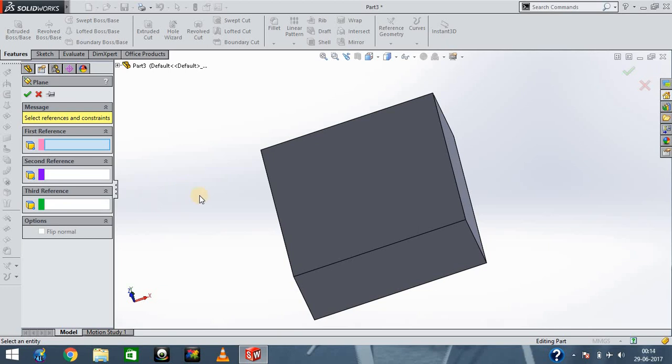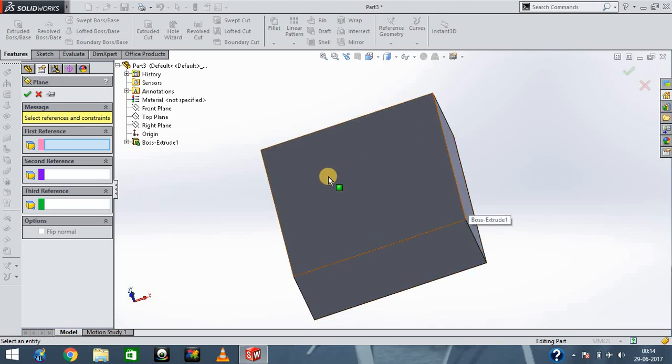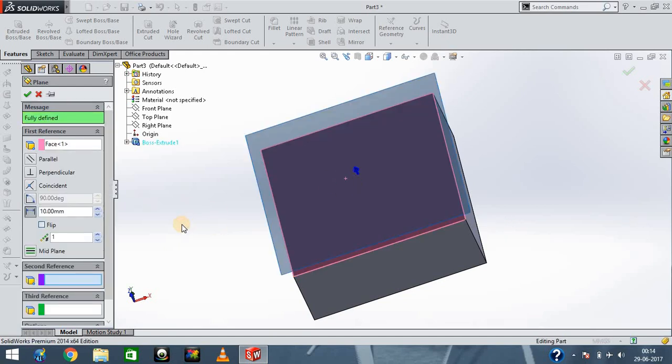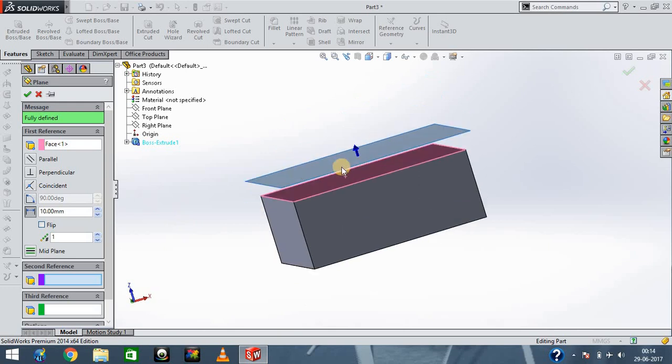In SolidWorks there are three different planes, and you can see right here, front plane, top plane and the right plane. You can select these planes or origin or any planar surface of the extrude feature as a pre-existing plane or as a reference. If I select this one as the first reference, see, the preview of the feature is shown in the graphics,